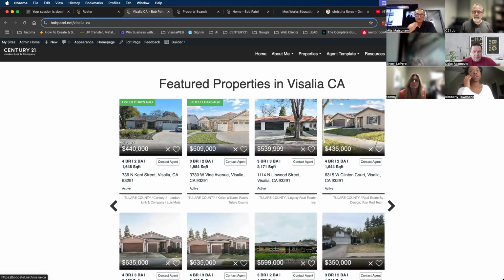And that's how you get those particular search criteria right here. So then I'll go back eventually to the top part of this and add a text box and include all the verbiage that I want to include. But you can create unlimited pages like this for every neighborhood that you want to specifically service and target, which makes sense. Now you may not want the road that way, so you go back to Builder because you're like,